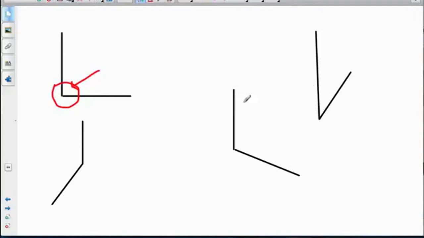Over here, now you've got different angles, don't you? This one over here is of course sharper than a right angle, isn't it? It's much pointier than this one. Because that's a sharper angle, we call it an acute angle. I'll write those down for you in a moment. So you've got your right angle here, it's just a square angle, and you've got your acute angle because